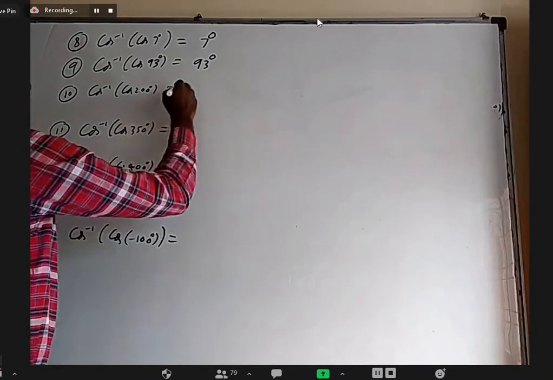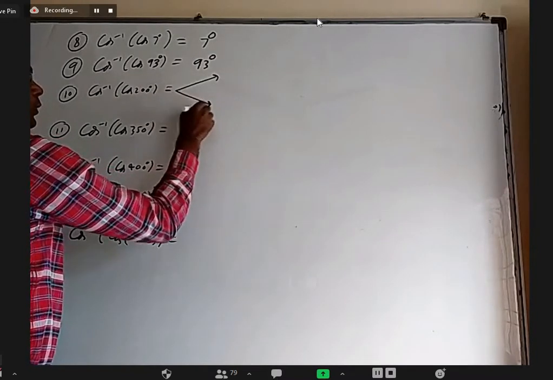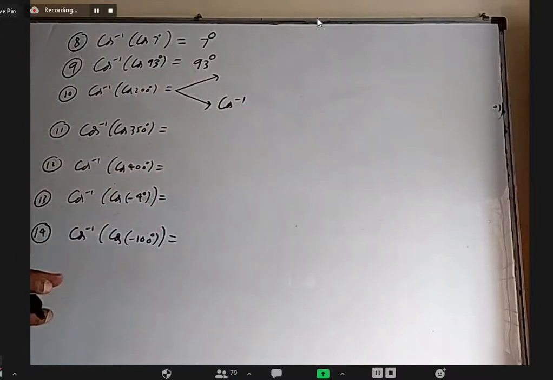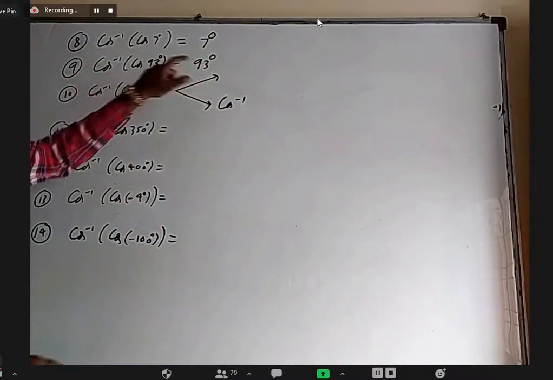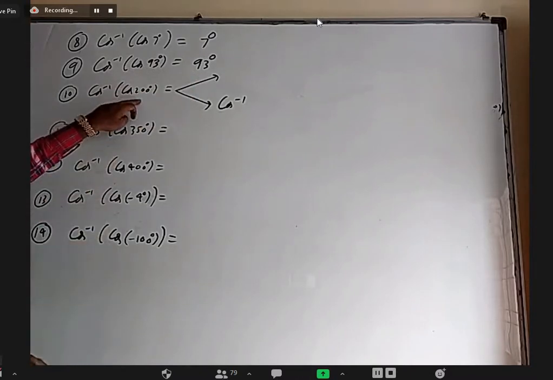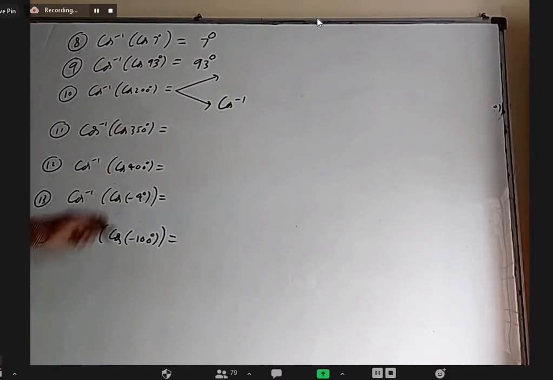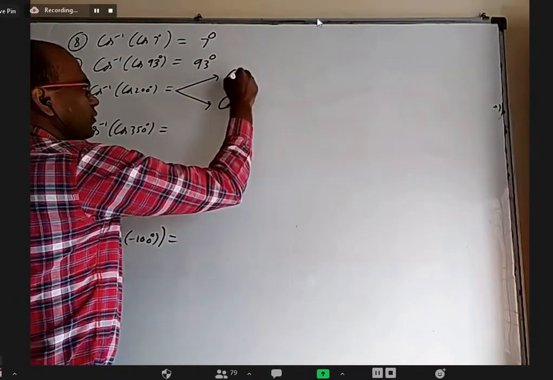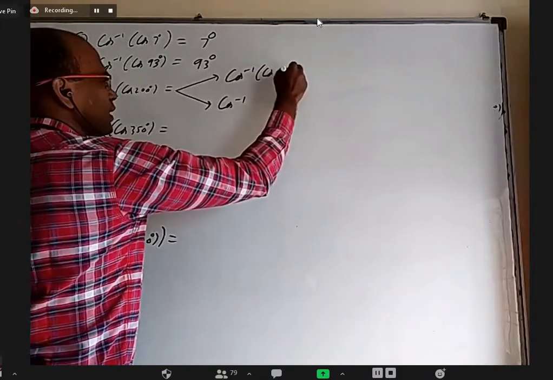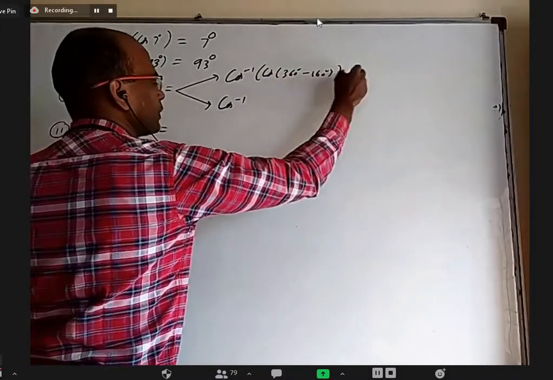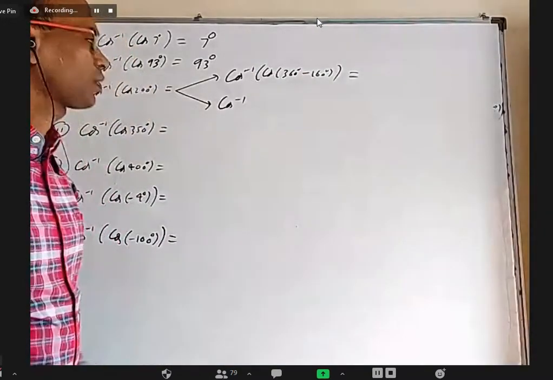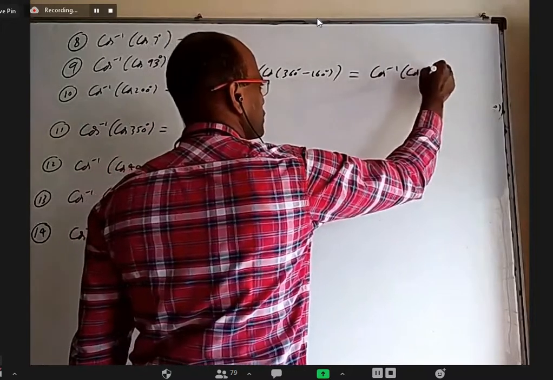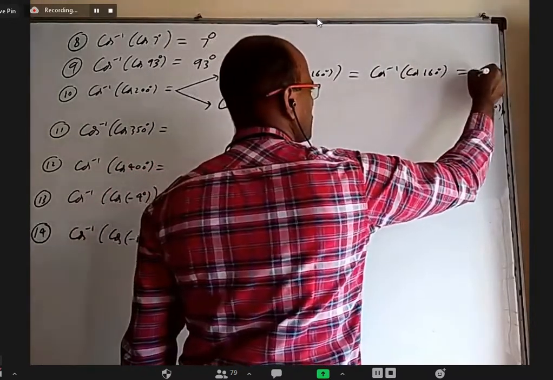Okay. This one can be done in two ways. First of all, 0 degrees to 180 degrees is the principal value. These two are within the principal value, so we can directly cancel out. Whereas here, it is not within the principal value. So either I can write 180 plus 20 or 360 minus 160. If I write directly 360 minus 160, it is quite easier. Because cos 360 minus theta is cos theta in fourth quadrant. So you will get cos inverse cos 160 degrees, that is within the principal value. So it is 160.